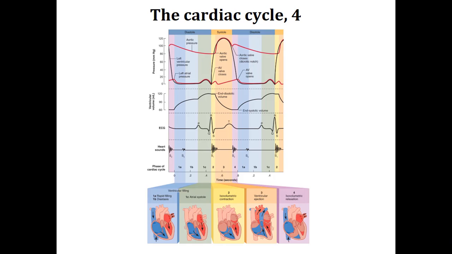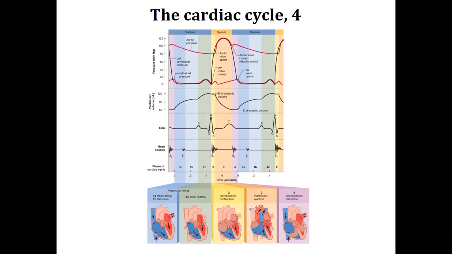So at the end of the P wave, when the atria are beginning to relax, and repolarization is occurring in the atria, you have this isovolumetric phase. So the volume on each side is basically the same, and it's stable. The volume is going to stay the same because the valves are closed. Does that make sense? Pressure is going to be the same because the valves are closed, and there's no buildup of new blood. All right, so then the pressure increases because the ventricles